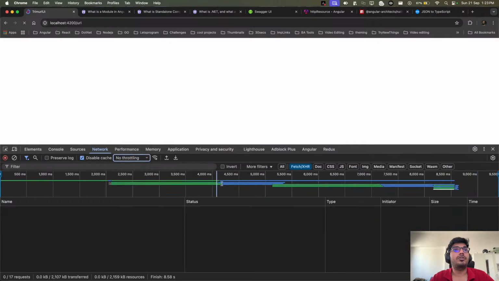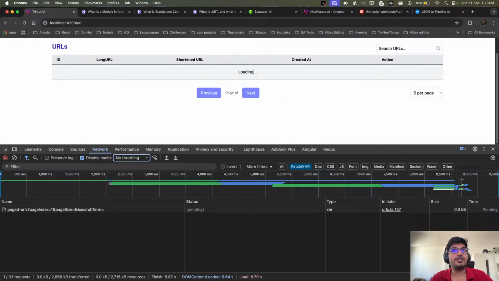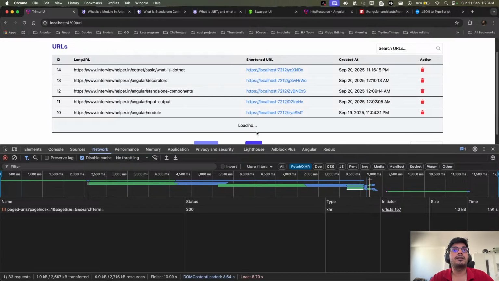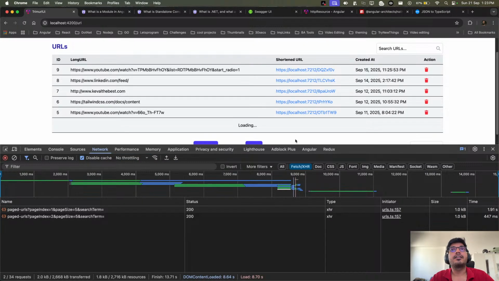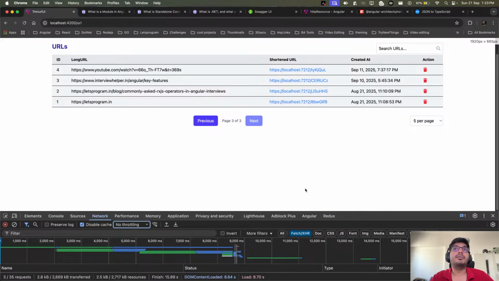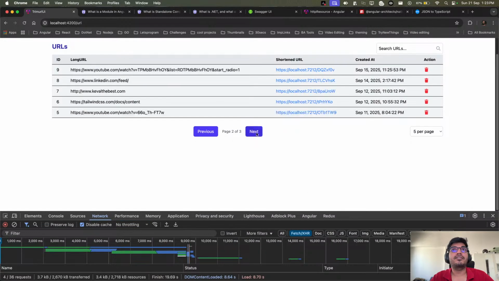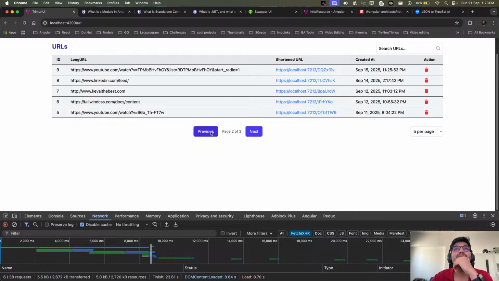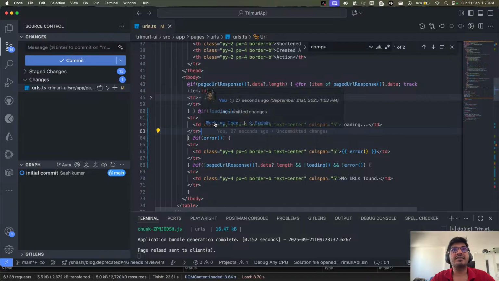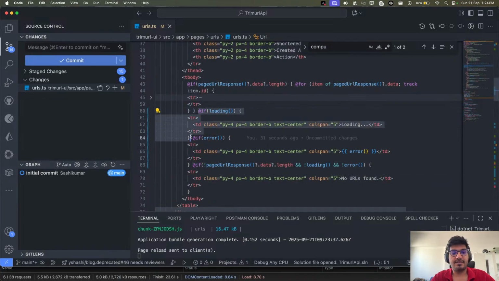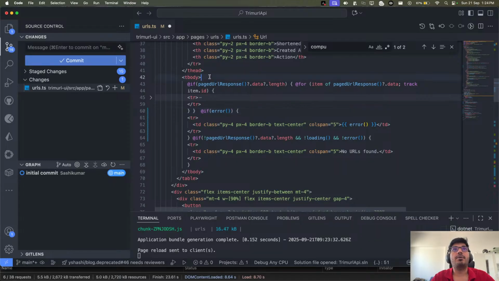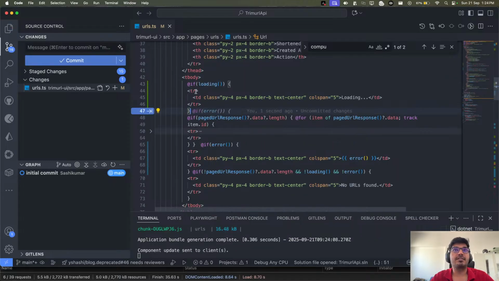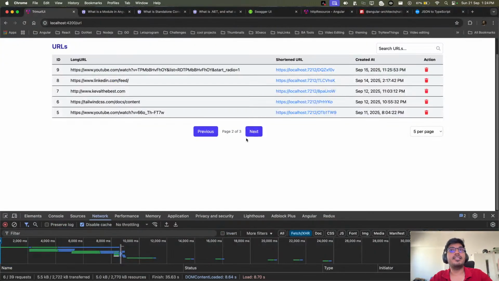Let me put it to no throttling. It has a loading state initially, it has loaded the data. Yes, so the loading is showing at the bottom, and the reason being that we, okay, now I know what the issue is. So this is what I had to do. I can take this if and put it on the top, because this tr should be on the top, and then just below that we will have our data, because the data is still there, right?